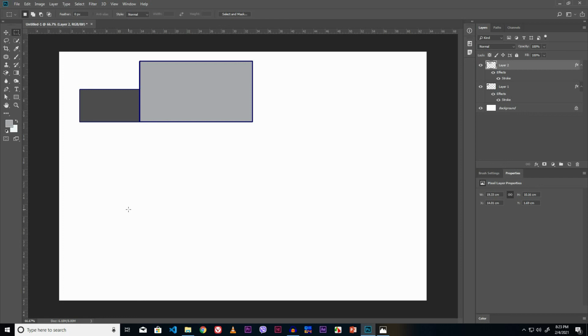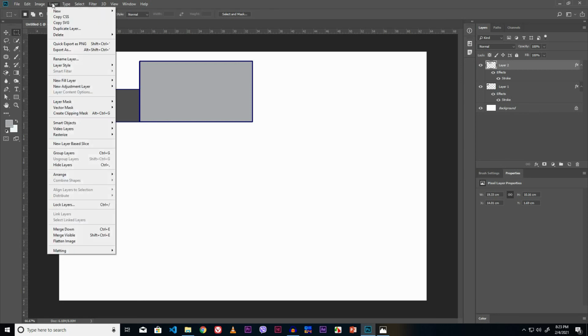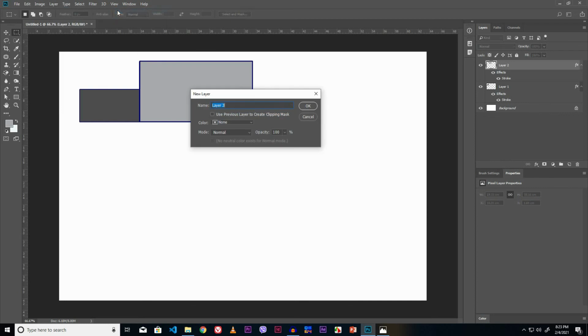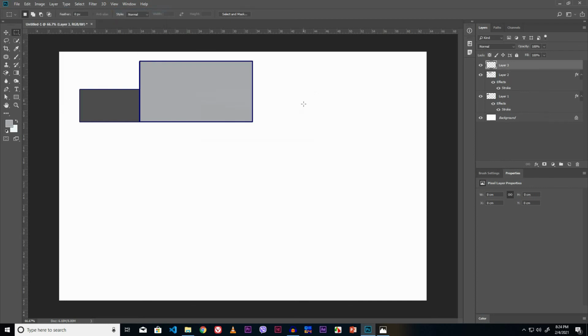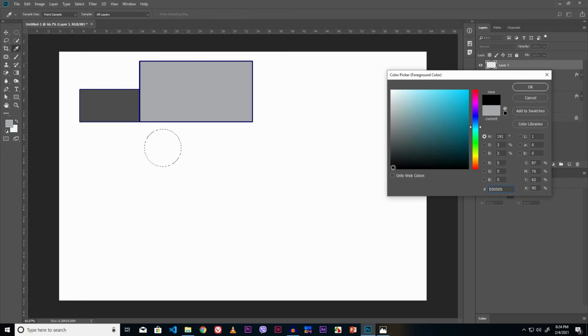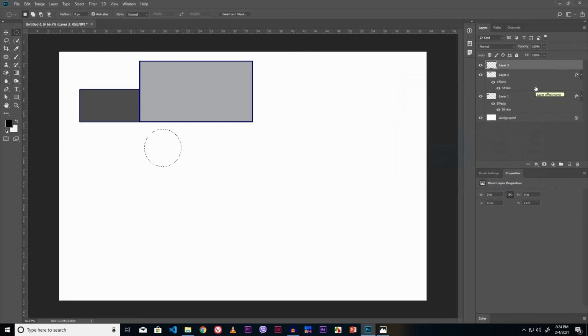In the new layer, click the Layer menu. Go to New and click the Layer sub option. Click the OK button. Now click over here. Select the elliptical Marquee tool. Hold the Shift key and draw the circle perfectly. Now fill the color. Go to the color panel. Now I select the black color. Click OK button. Fill the color by pressing Alt Delete key.